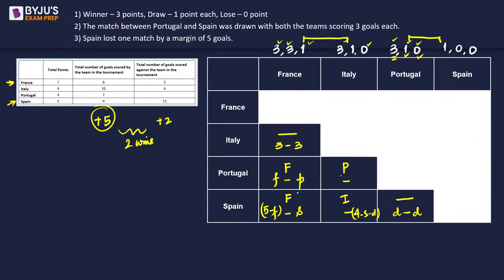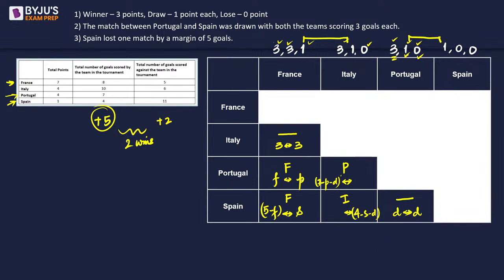Now, if you look at Portugal, Portugal has to total do a number of 7 goals, out of which Portugal has done P goals against France and D goals against Portugal. तो यहां जब पोर्तुगल जीतेगा, this is going to be 7 minus P minus D, ठीक है। मैं एरो दे देता हूं ताकि आप लोग इसको माइनस से कंफ्यूज ना करो और मैं भी ना करूं, ठीक है।